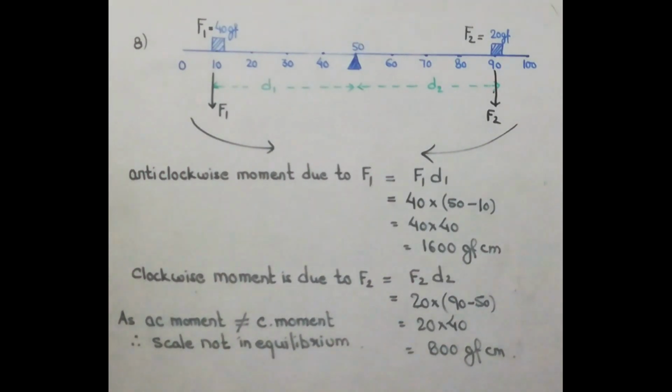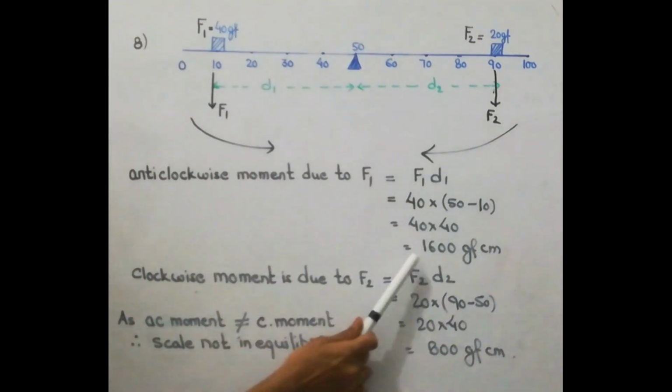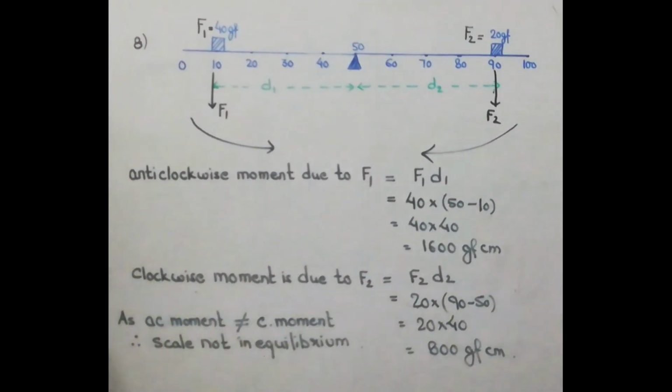So we can say that the scale is not in equilibrium. Okay, now they say, if not, how will the rule turn? Now we have got that the anti-clockwise moment is not equal to the clockwise moment, so we are saying that the scale is not in equilibrium. Now they are saying if it is not in equilibrium, then how will it turn? So which side's moment is greater? Anti-clockwise, so we will say that the scale will turn in anti-clockwise direction. You see, the anti-clockwise moment is greater and the clockwise moment is lesser. So we can say how the scale will turn. So the scale turns in